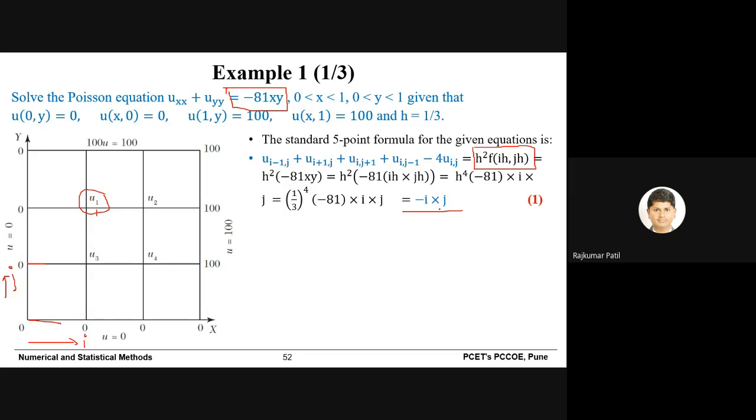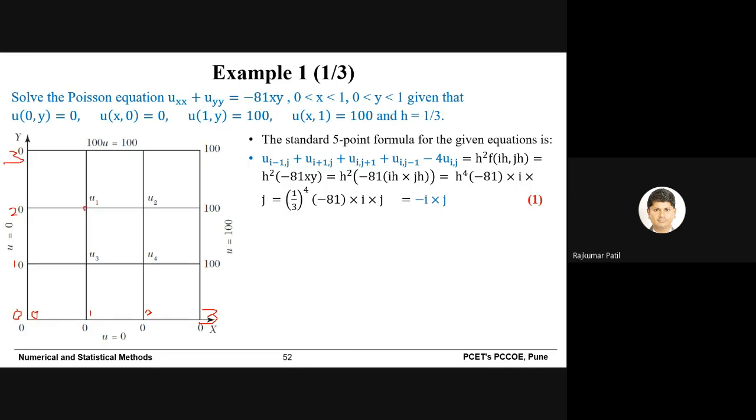And for j, the coordinate will be 0, 1 and 2. So 1 comma 2. So this is how you can find out the value of i and j for a given unknown. So i is basically on the x-axis, starting with 0, then 1, then 2 and then 3. These are the values of x. And for j, starting with 0, then 1, then 2 and 3. So now you can easily correlate.